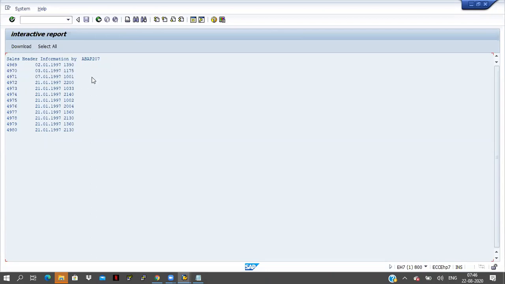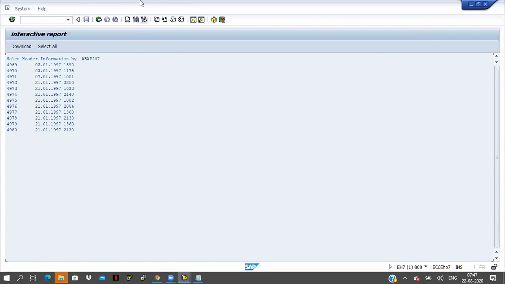Okay, I want to change some data at program level. Some data came here. I will click on the checkbox and I will edit the data. And if I click on the update button, automatically the data should update at the table level. So all these things I will explain in ALV reports.